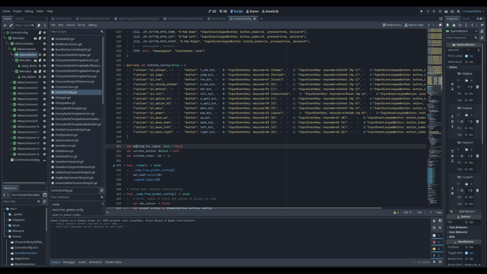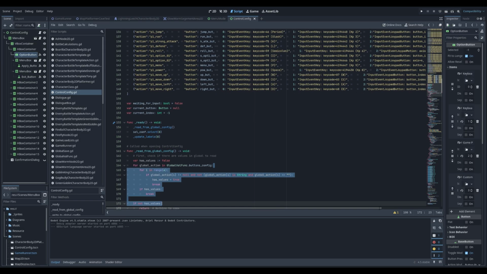And current index is just the value of the option button. So if we're taking a look at 0, standard keyboard, 1, the other keyboard layout, 2, standard joypad, and then 3, the custom. So on ready, and this is where it gets a little bit funky, because